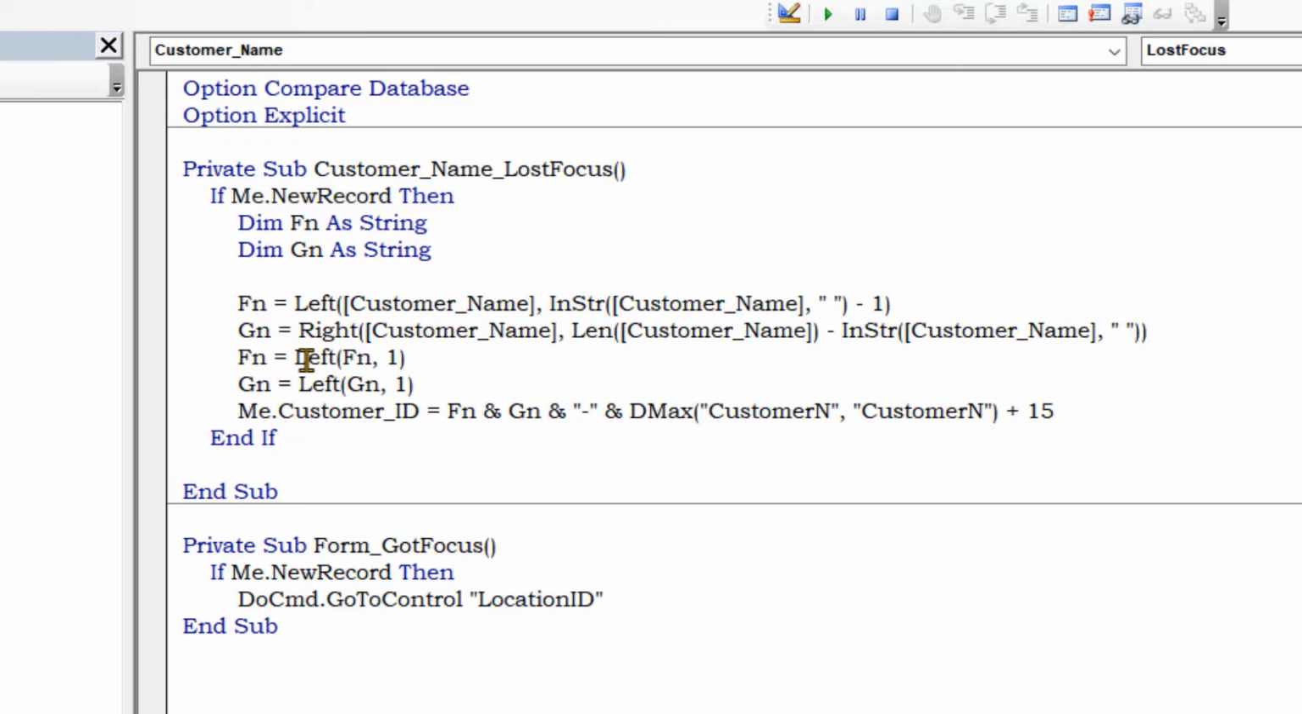And then I go ahead and do another left statement on the first name, and I just take the first character, and then I do the same thing with the given name. I take the left of the given name, which has the last name in it, but I just want the first character. Then down here I tell it customer ID is equal to the first name character plus the last